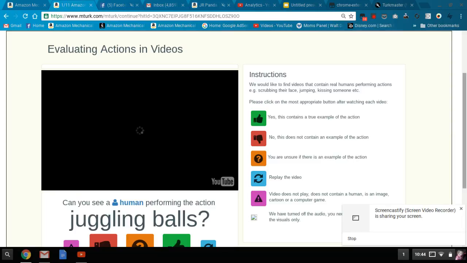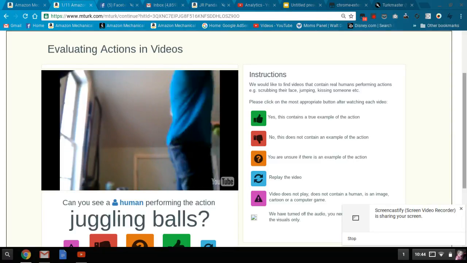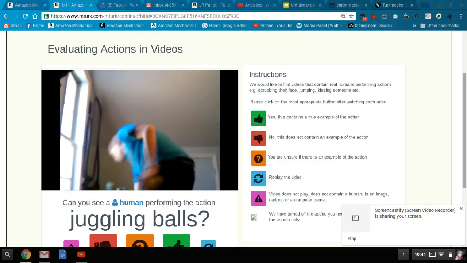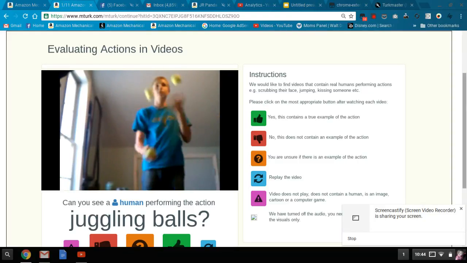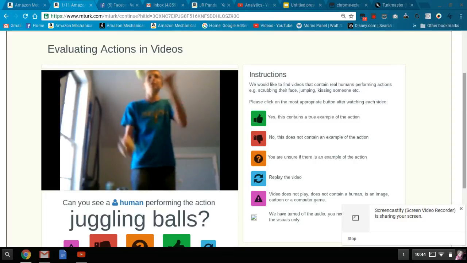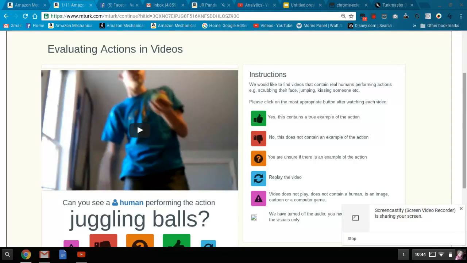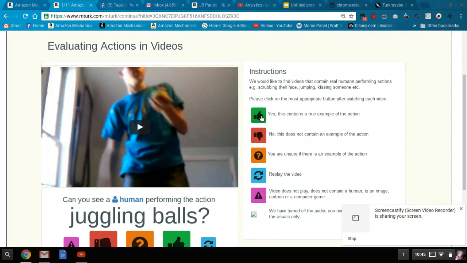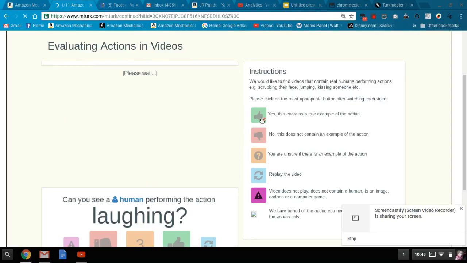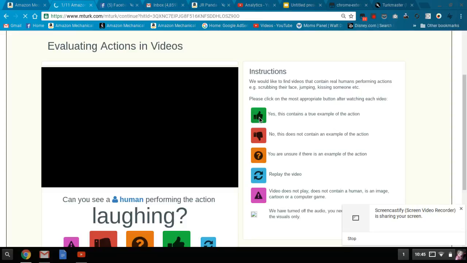The other thing I noticed about this particular set is that he seems to be keeping a lot of the tasks together. So you'll get 3, 4, 5 juggling balls and 3, 4, 5 arranging flowers. So it's a little better organized. So here they were juggling balls. I'm going to show you the difference. I'm going to say yes over here on the right-hand side rather than at the bottom. Yes, just goes to the next one. I don't know why the buttons function differently, but they do. So be aware of that.